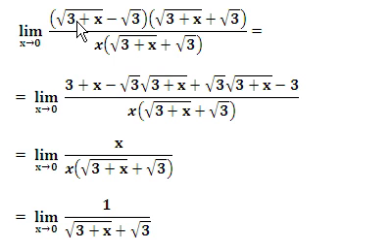And then we work through the algebra. So I foil this out. We have the square root of 3 plus x times the square root of 3 plus x, and that's just going to give me 3 plus x. And then we've got the negative square root of 3 times the square root of 3 plus x. And then we multiply the square root of 3 plus x times the square root of 3. And then the negative square root of 3 times the positive square root of 3, and that just gives us a negative 3. So as you can see, these terms here will cancel out,